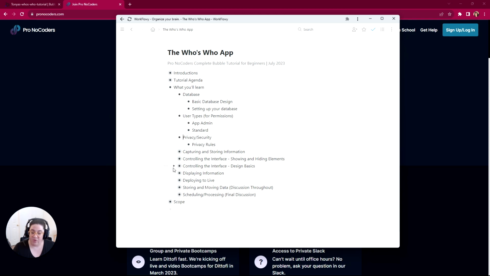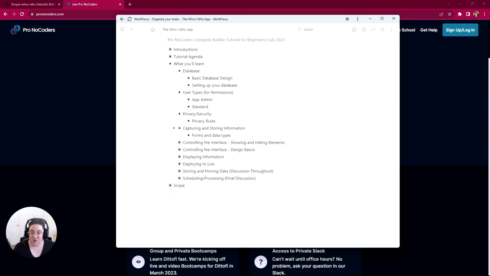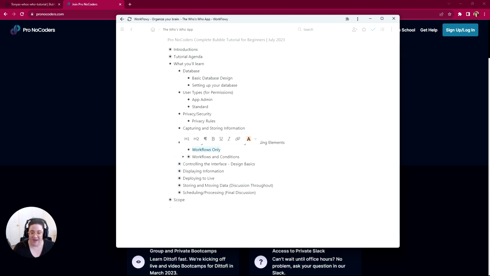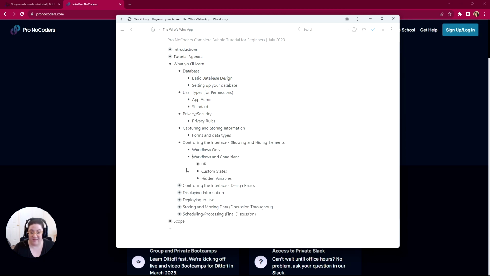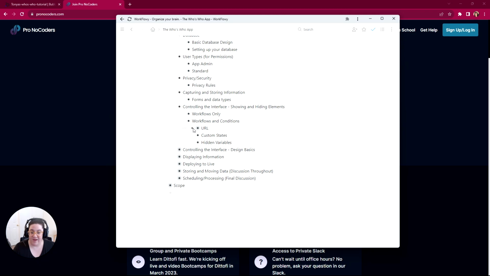Then, as we're building the app, we're going to cover the rest of this information: capturing and storing information using forms and data types, controlling the interface, so showing and hiding elements. We're going to do that with workflows only, and then we're going to show you how to do it with workflows and conditions, which is much more powerful and scalable, including utilizing the URL parameters, page paths, custom states, and